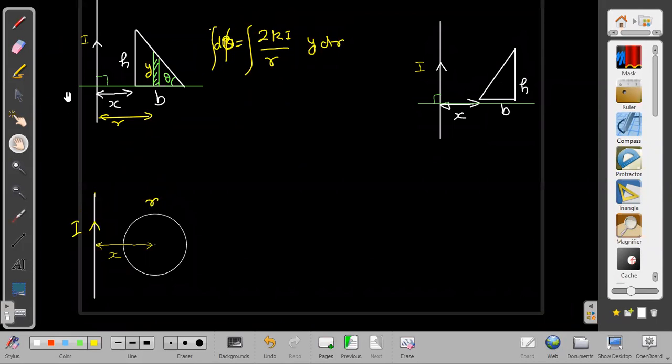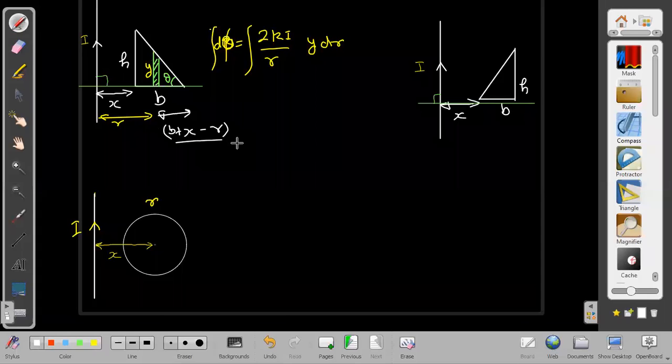So I think this should give us the answer if I put the limits properly and change y in terms of r. How to change y in terms of r? There are different ways to do this. b minus x by y equals b by h. I think you know b, this plus length, x minus r. This length into tan theta is b plus b minus x minus r. And y, if I observe this right angle triangle here, then this into tan theta will give us y, because y upon this is equal to tan theta in this triangle here. So yes, right, this is correct only.